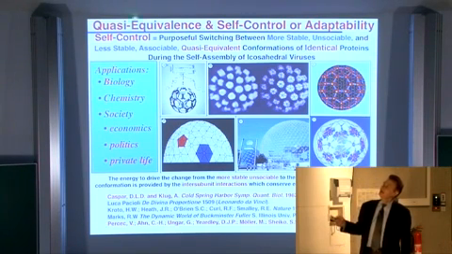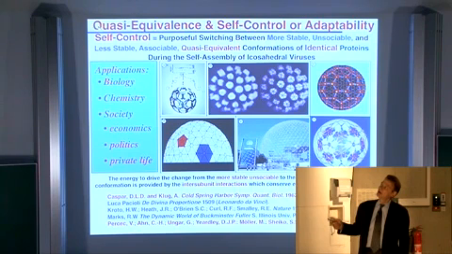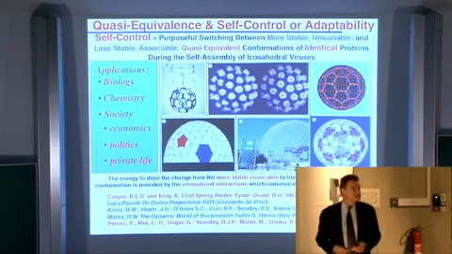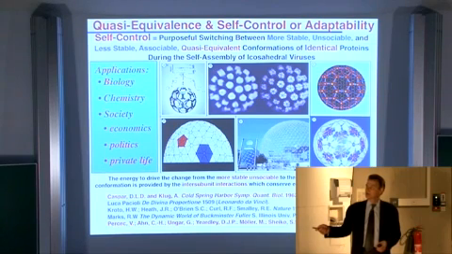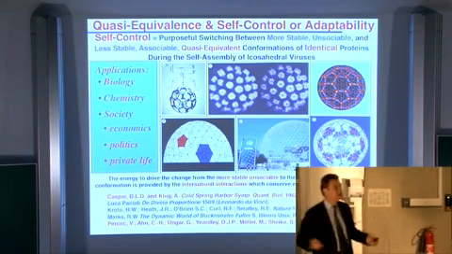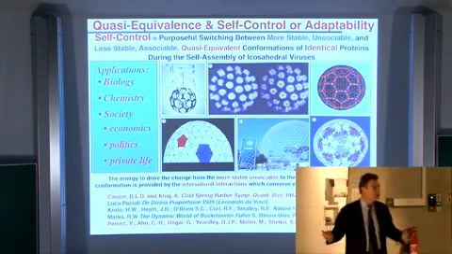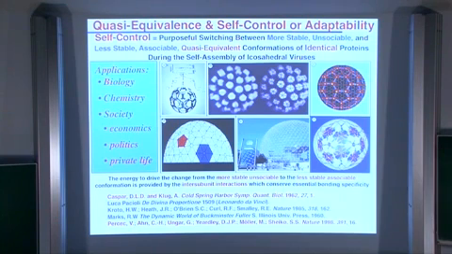And let me provide the first definition that is extremely important for the rest of my lecture, and that requires introducing a concept that is called quasi-equivalence, which is similar to self-control or adaptability. This definition was provided by a gentleman called Klug, together with, at that time, Caspar, who was one of his postdocs. He was at the Cavendish Laboratory. He's the father of structural biology and got a Nobel Prize for that topic. And in this publication, he introduced the concept of quasi-equivalence as a requirement in order to explain the self-assembly of